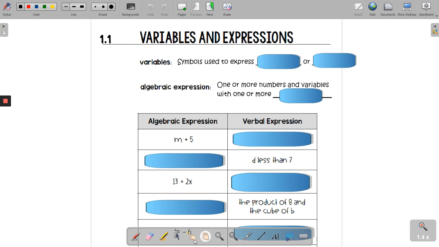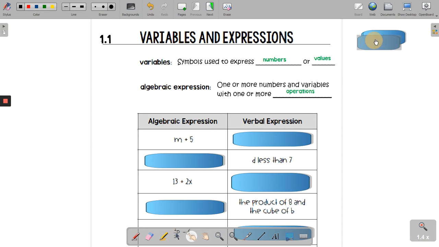Today we will be learning about variables and expressions. A variable is a symbol used to express numbers or values. An algebraic expression is one or more numbers and variables with one or more operations. So on the back of your notes, you'll see